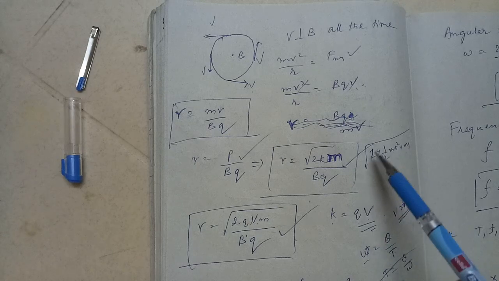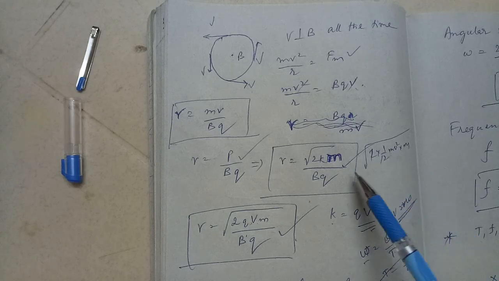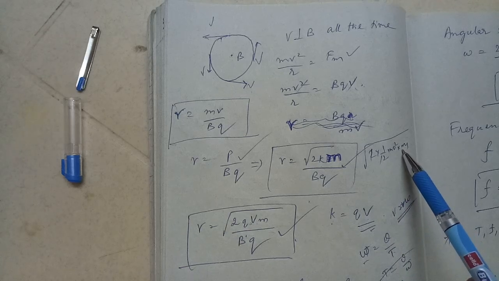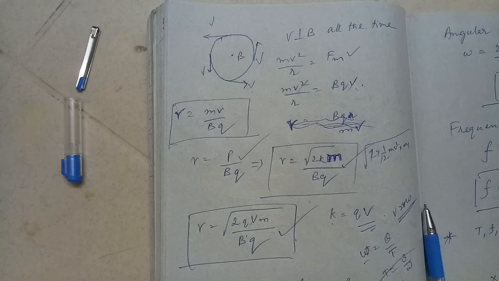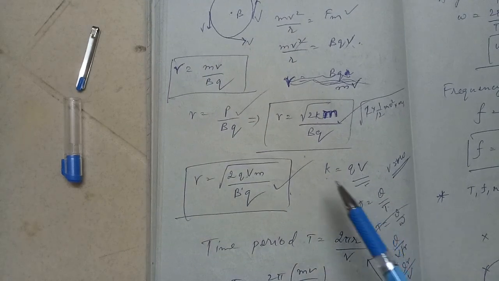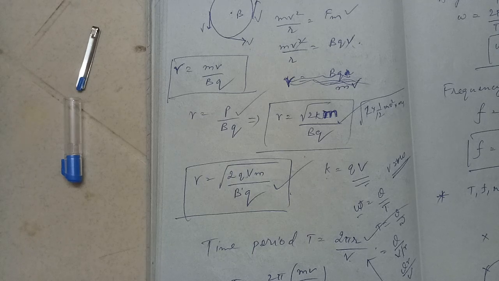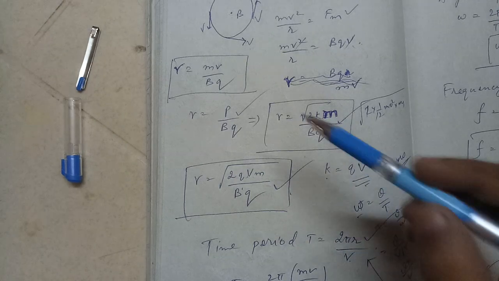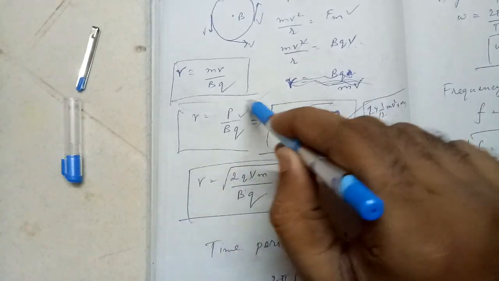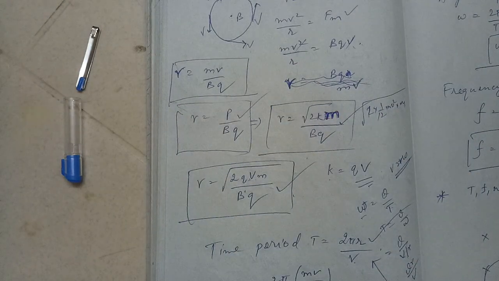Kinetic energy, I can write as half mv square. Root over 2 into half mv square into m, so the 2 gets cancelled, it will become root over m square v square, which is nothing but mv only. In the electrostatics chapter, you learned that work done is q into V. Kinetic energy also is basically some work done on the particle. So in the place of K, you can write qV. So these are the three formats in which you should remember the expression for radius. Often they are useful in solving numericals.